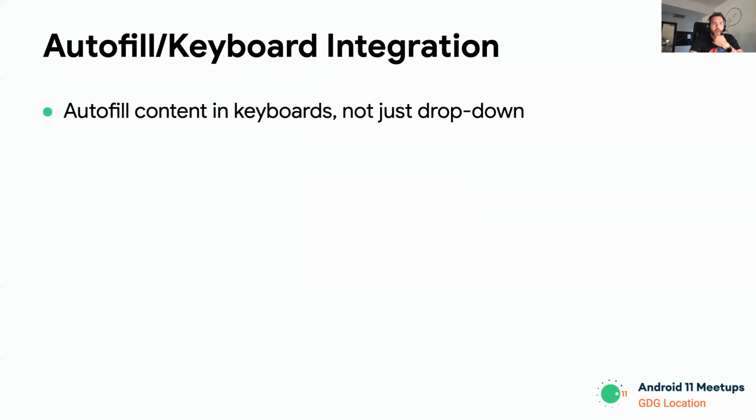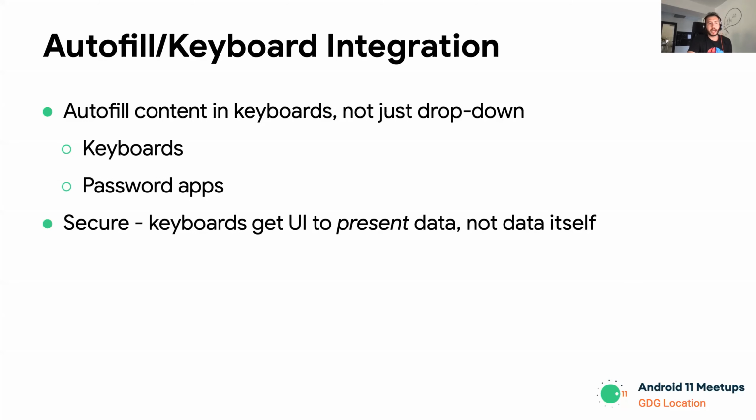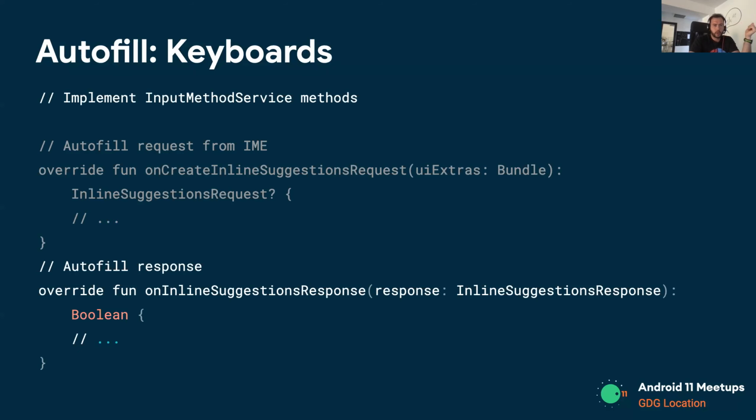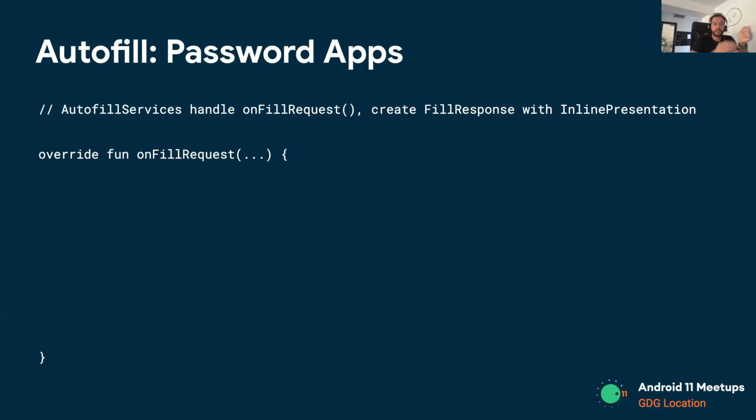When it comes to the content, we can inject it from keyboard apps or from password apps, and they are dealing with the security around this, which means the keyboards don't actually get the data. They need to present a small surface where the password manager app, for example, can write. So they have a nice API based on a couple of autofill methods. This is for the example for keyboards, and also for the password apps. They actually get this callback whenever they want to get called. They need to fill up a request.